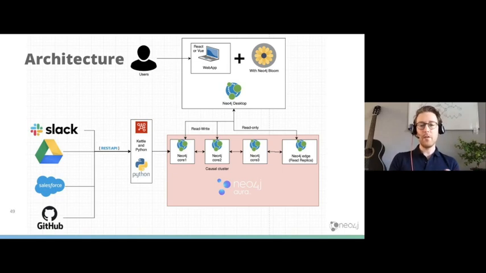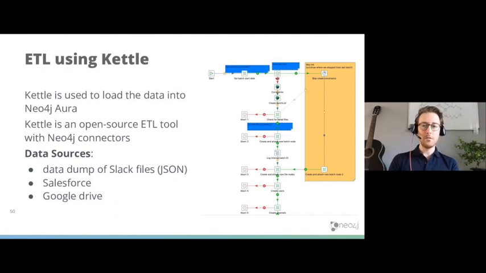Once we got all that and the data is on the Neo4j cluster, we built a fairly light front end, because as we mentioned earlier, we are a database company. We wanted the focus to be more on the database and on loading and analyzing the data. In this one, we used Vue.js, and it was a Neo4j application, so we can integrate with Neo4j Bloom. So that's it for the architecture. Now I will go through every detail of what tools we used.